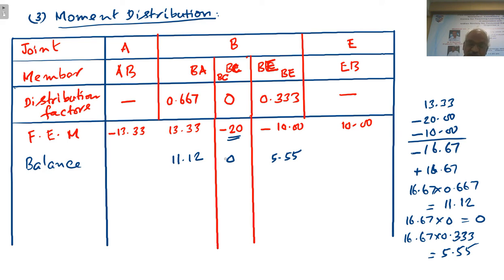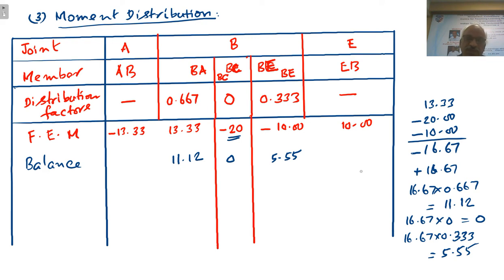Now when these values are added, so this will be approximately say 24 point something, let us say 24.5. So this is plus 24.5, this will be minus 4.5. So 24.5 plus minus 4.5, so approximately 20 plus. Already there is 20 minus. So when these are added, the algebraic sum will be equal to 0. It is balanced. Right. Now balancing is required only at one joint, only at B. E has got only one member. There is no question of distribution. A has got only one member.